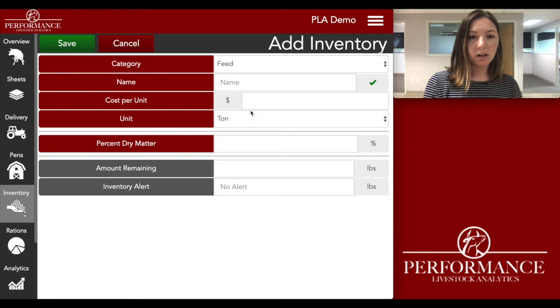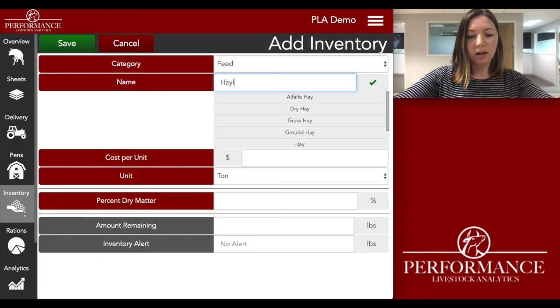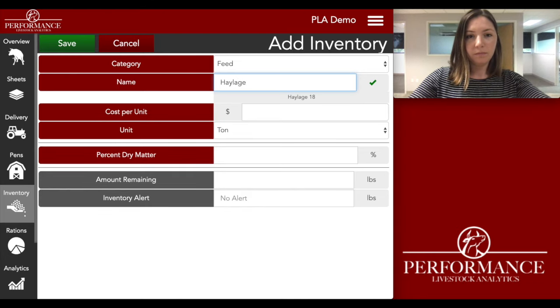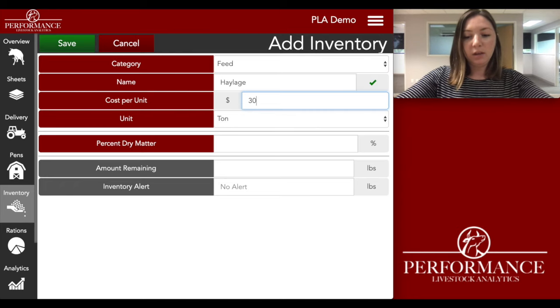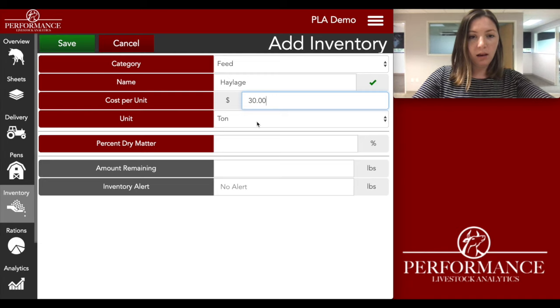And this is what you're going to see when you first start your account. There will be the category, and that'll always pretty much stay as feed. And then the name, so for right now I'm going to enter in an ingredient name. Cost per unit, that's really up to you guys as well. I'm going to enter in